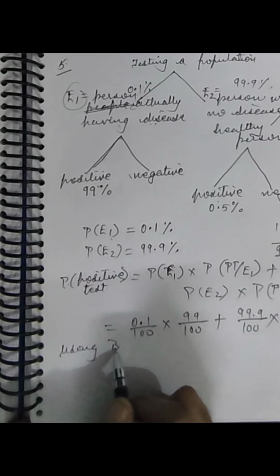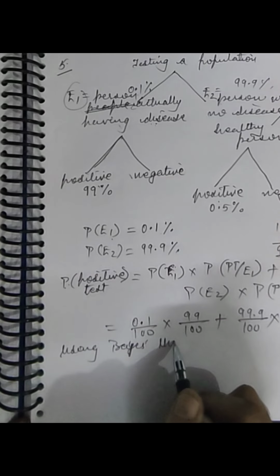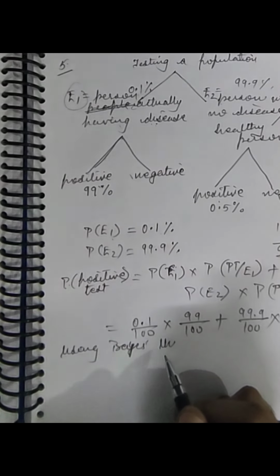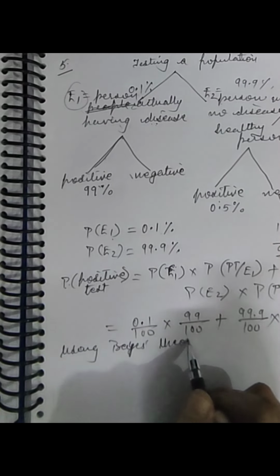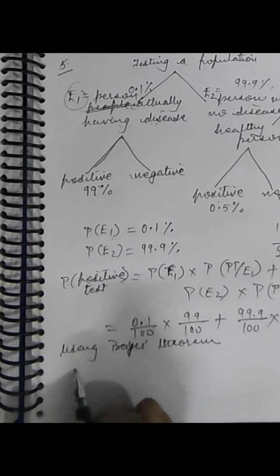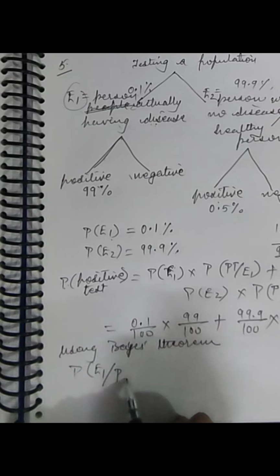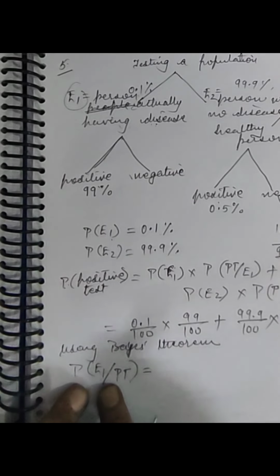Now we have got it that we require the probability of events. Which event? We need E1. Question number 5. Person has actually the disease. This one. Bayes theorem. Okay. So probability of E1 when given that the test shows a positive result. So this belongs to the first term.